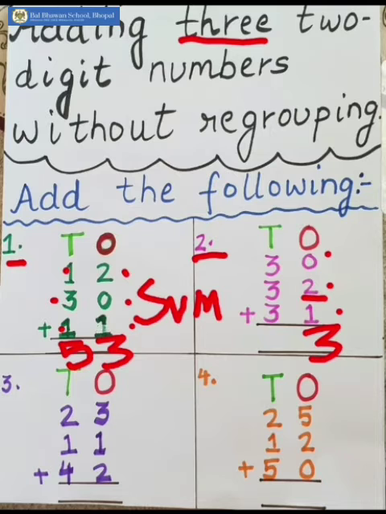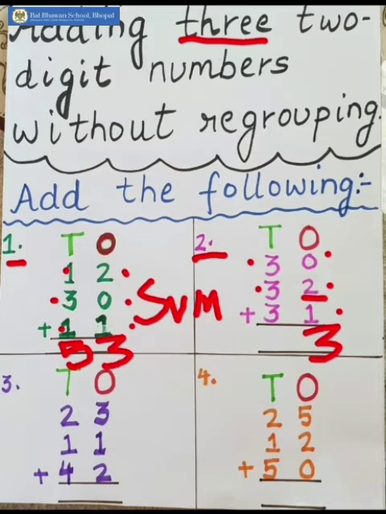Now see the digits given at tens place. Now here all the digits you can see are same, that is 3. So first we will add 2 digits and then we will proceed to the third digit. So first 2 digits, first digit is 3. Keep 3 in mind and count 3 times on your finger. So count after 3, 4, 5 and 6. So after adding 3 and 3, what you get? Yes, 6. Now the answer which we have got after adding 2 digits, that is 6.